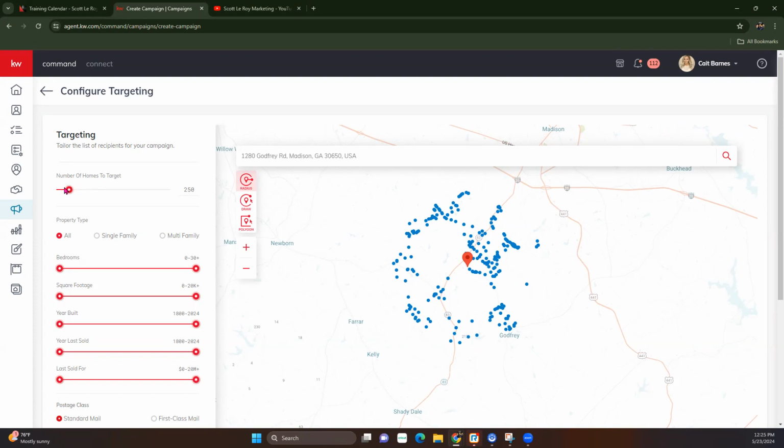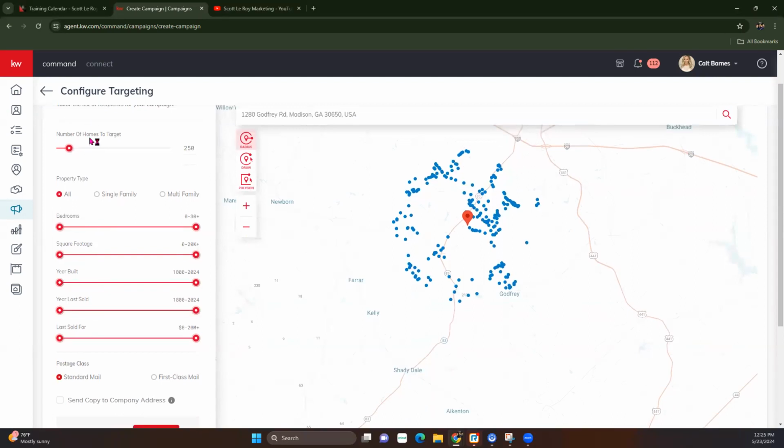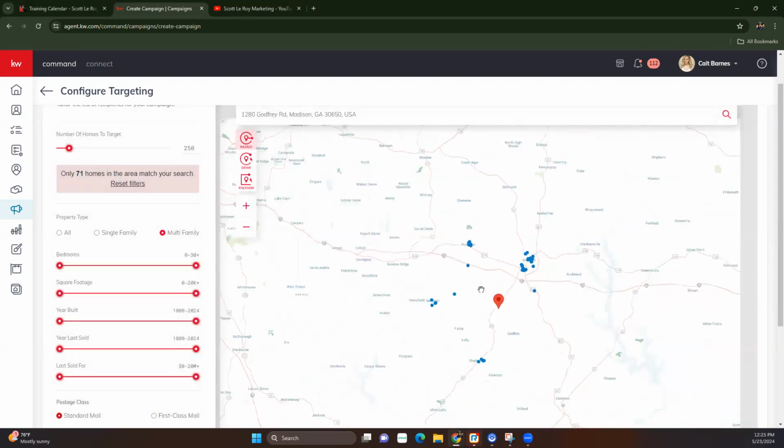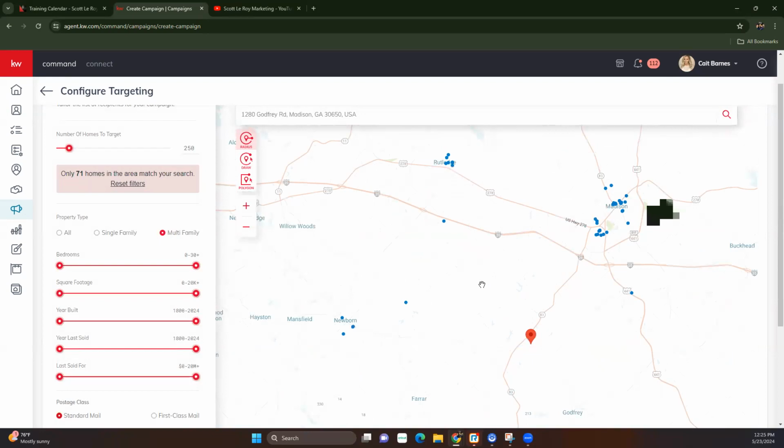You can change the number of homes, so the number of cards that you're sending. You can also determine who's receiving those based on all of this criteria. So if we want to target single family homes, or if we want to target multifamily homes, we can certainly adjust that. It is going to change those dots on the map. So as you can see, there's a lot less dots, but the reason for that being is if you hover over one of these,